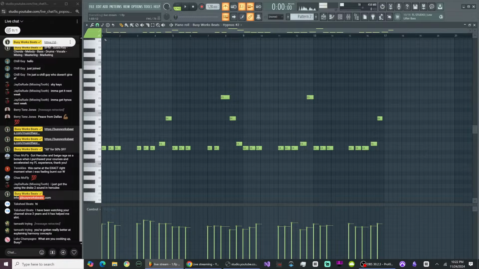What up, Lake Champagne? We're starting off with Travis Scott just to kind of get the ball rolling, but we're probably going to create different styles. Depends on what you guys want to learn. And if it's in my wheelhouse, I'm not going to make something I don't know how to make. So hopefully we have a crossover point.